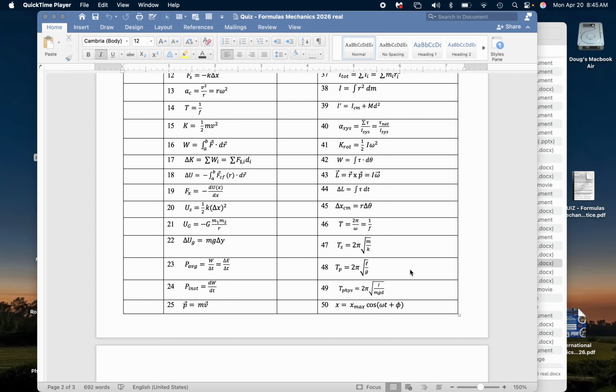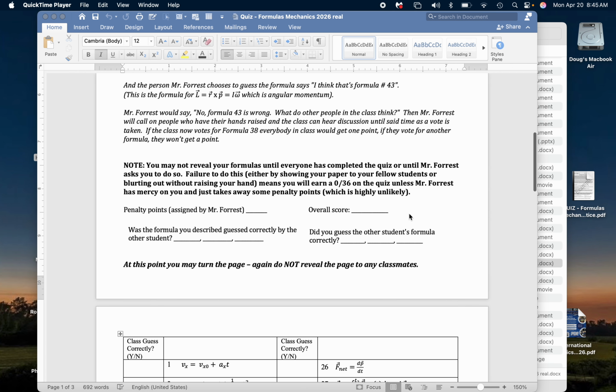It's looking at a position with something for a sinusoidal function or simple harmonic motion type function. It's the only one that deals with that. My bet is that I'm hoping that doesn't show up on your test because it's a little bit of a pain because there's a bunch of other ones that kind of relate to that. So that's my description of those. I'm going to stop